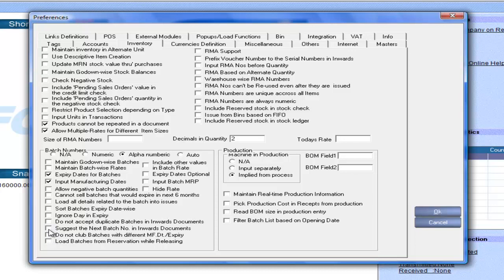Do not club batches with different manufacturing date and expiry dates. So if we check this option, it will not club with different manufacturing date and expiry date. Load batches from reservation while releasing. In order to load the batches from reservation,